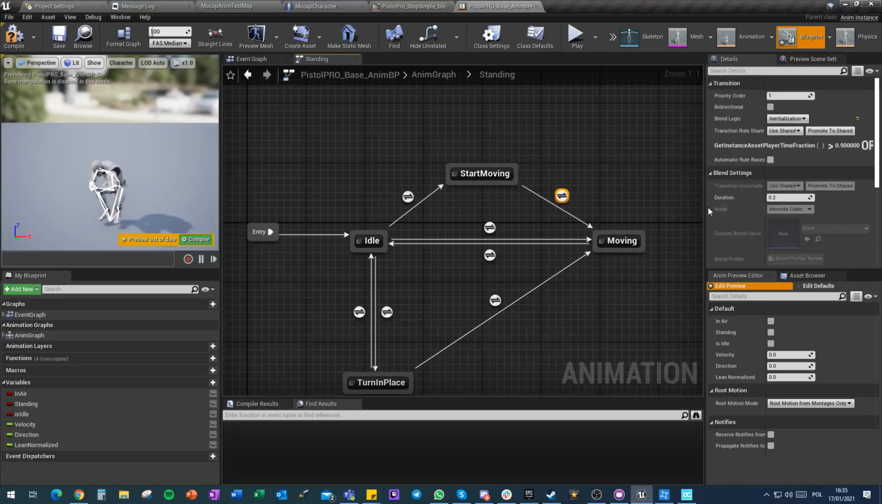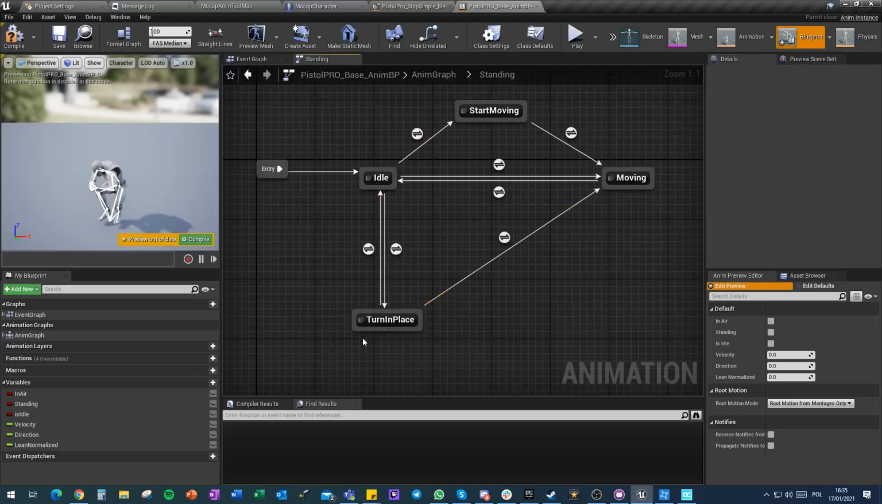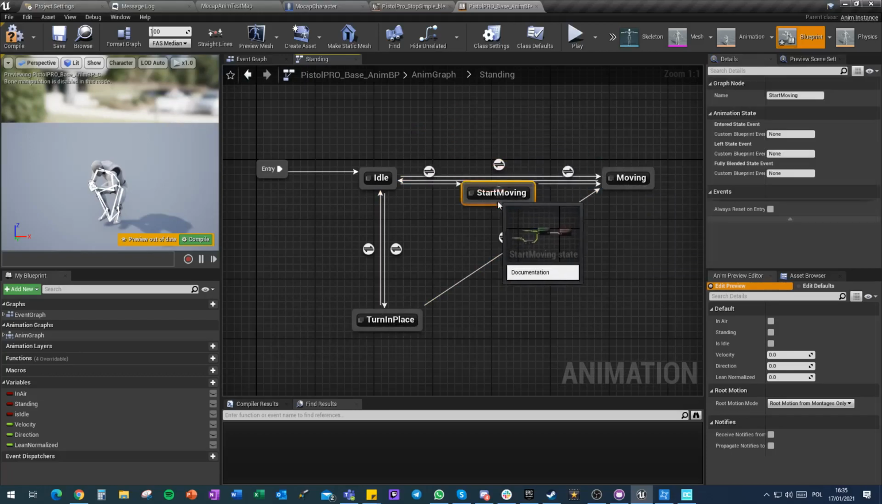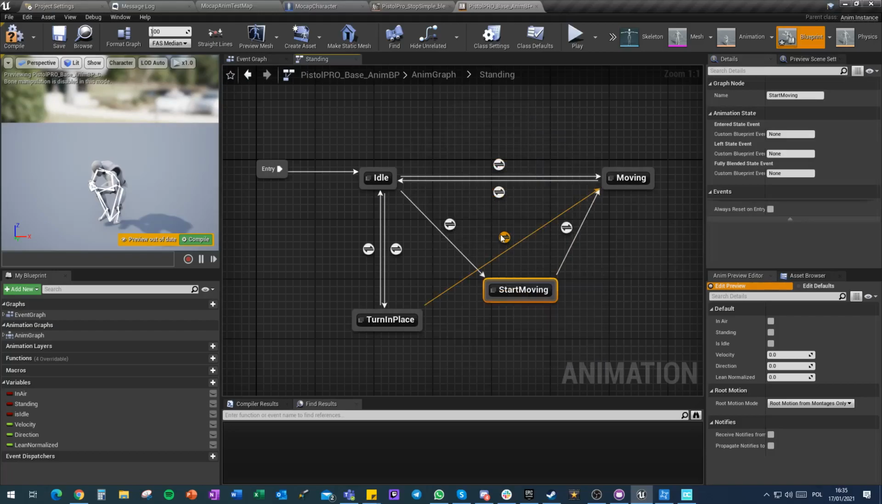Now let's change those blend durations. We want start to moving to blend more fluently, so let's say 0.3 should be fine. And idle to start should also be more fluent, so let's say 0.25. And now, because turn in place is changing into moving as well on the same basis,